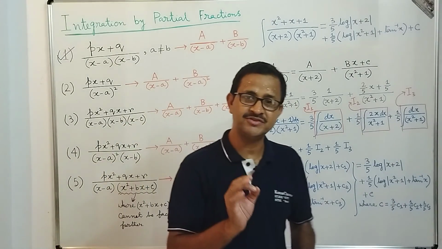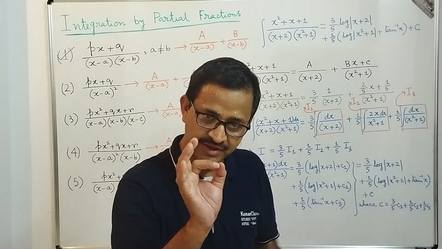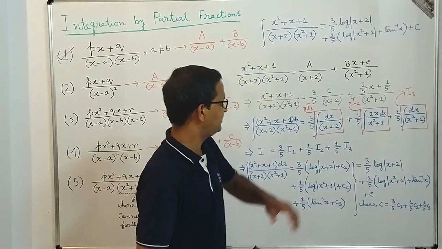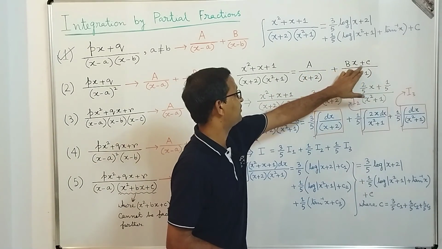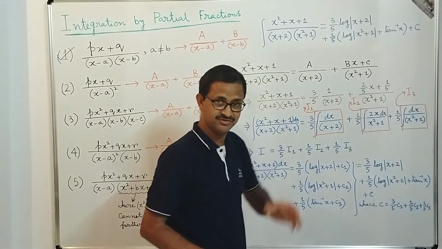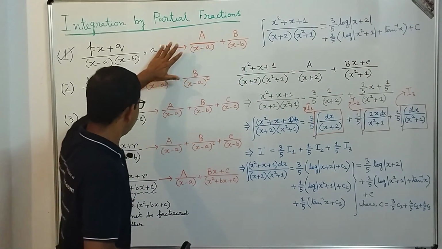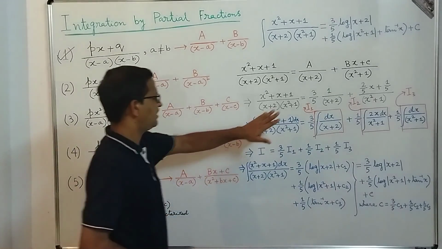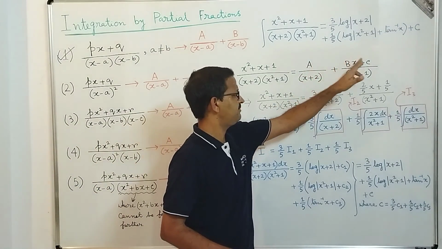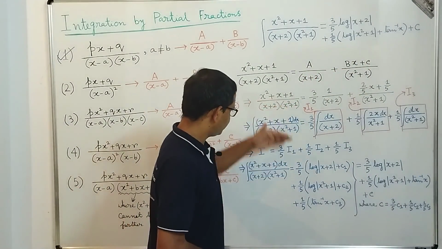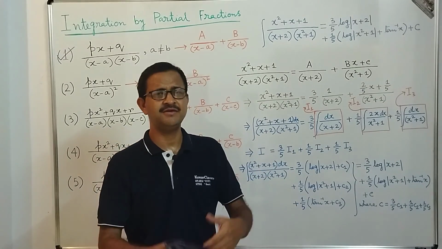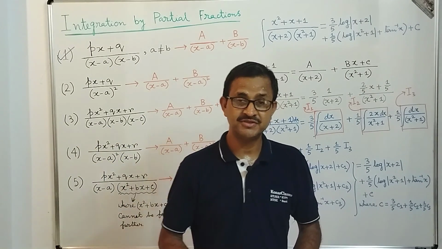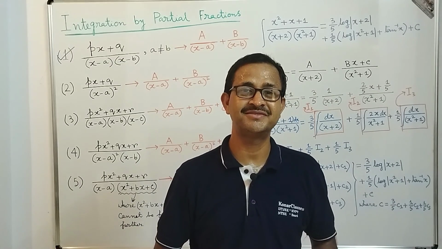but all you need to do is follow the steps one by one, that's it. First thing is to find the value of these real constants capital A, capital B, capital C, and for that you need to express in this form, whichever form it is coming into. After that, find the value of capital A, capital B, capital C using the procedure we have already explained, and then perform the integration. With this note, I would like to conclude the session here.